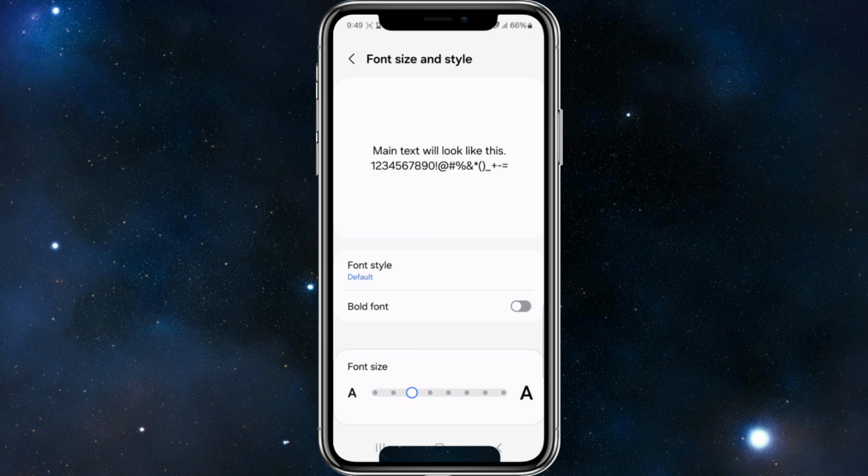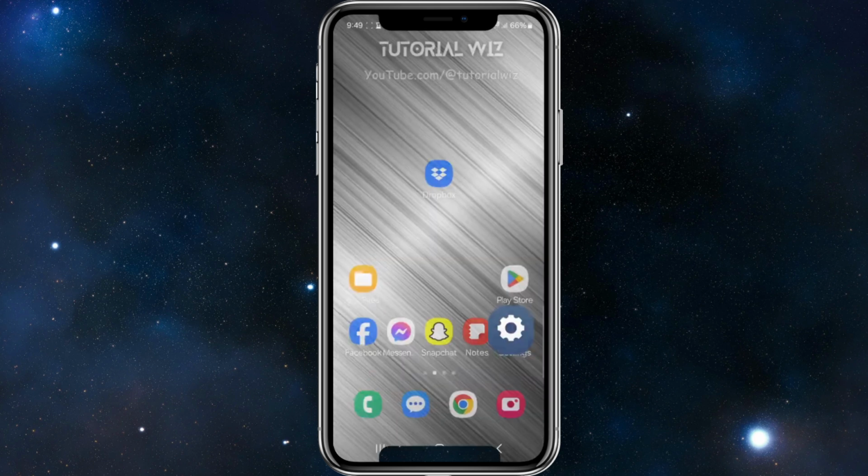And now at the bottom of the page here, you'll notice a slider under font size. So if I move this slider to the right, it's going to increase the font size, and likewise if I move this slider to the left, it's going to decrease it. So I suggest leaving it to the right hand side of the page here, and then from here simply go